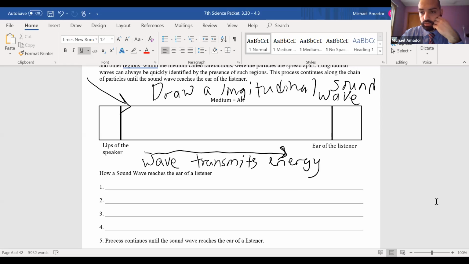Let's go to Carlo. Carlo, what's an important feature? So I'm going to draw in here what the particles in the air would look like. What is an important feature of longitudinal waves? How can we tell from looking at something that they're longitudinal? We can tell that it is longitudinal, how you say it? Longitudinal. But